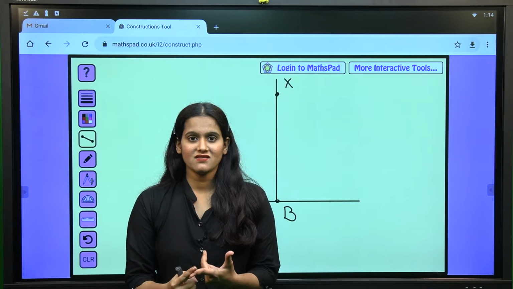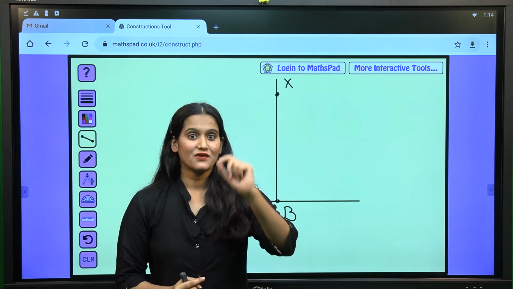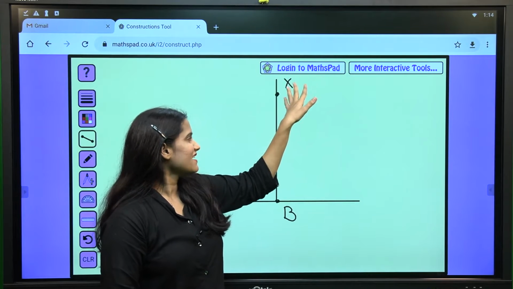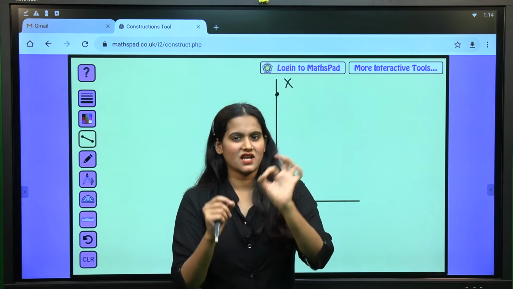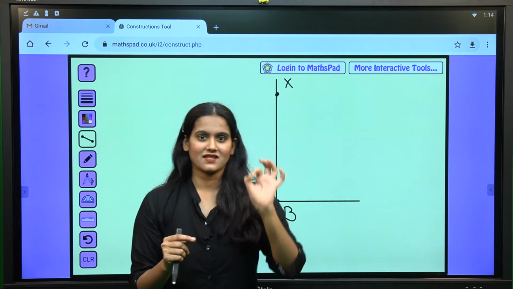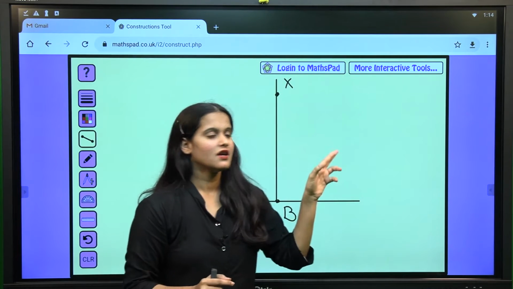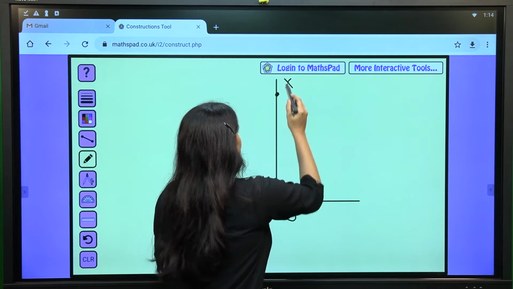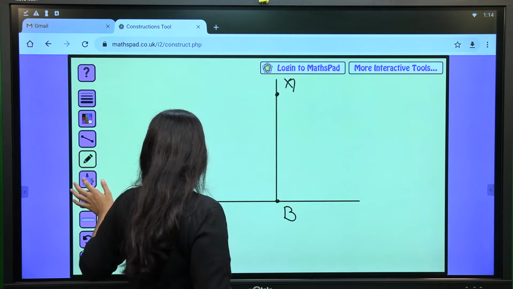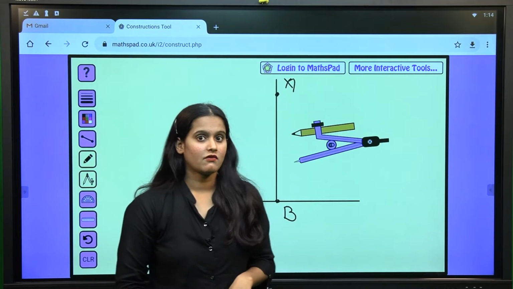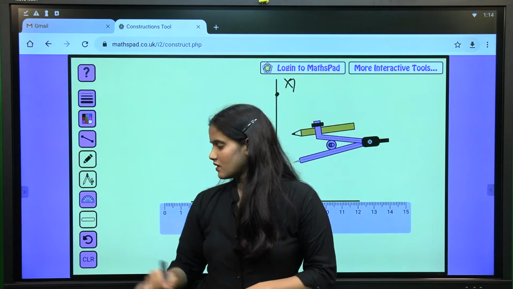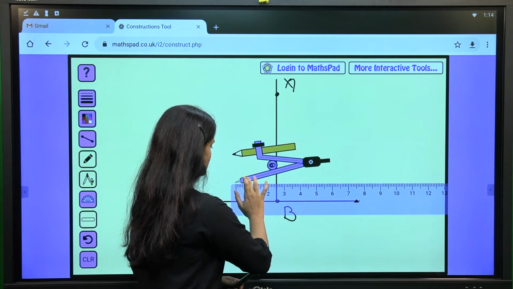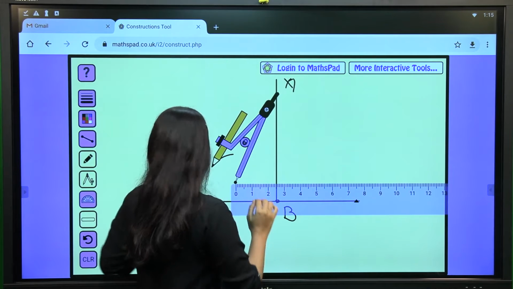So the next step is marking of a point 4 cm away from line L. So you can name it as X, no? I've taken line as X, but let me do some changes. So I'll mark that point as X instead of taking line as X, okay? So this one I'll just change it as A, okay? So now I'll use a compass. Why? I'll tell you. I'll take a scale. Using the scale, I'll measure 4 cm length.